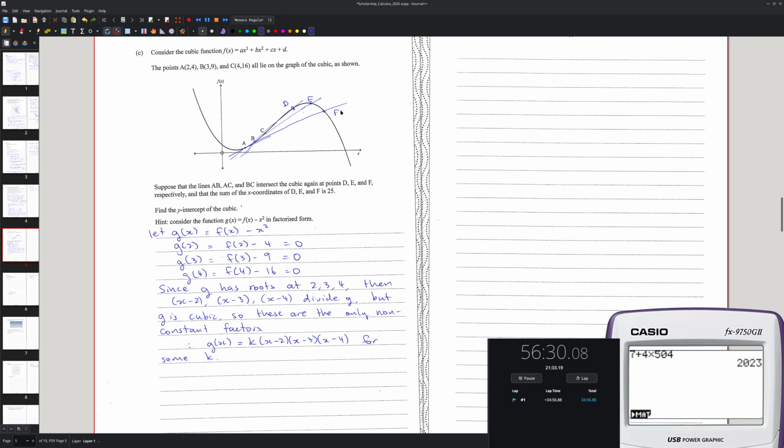So A, B intersects at D. Okay, my apologies. So this is actually D, right? So D, E, and F, right? I assume AC intersect. Yes, okay, so the line, so if we shift everything,